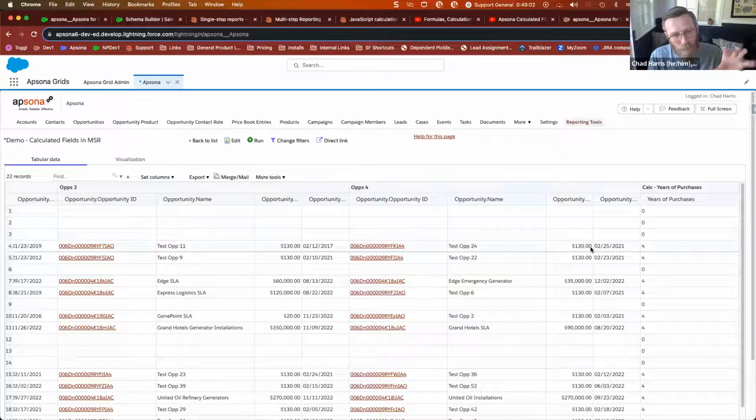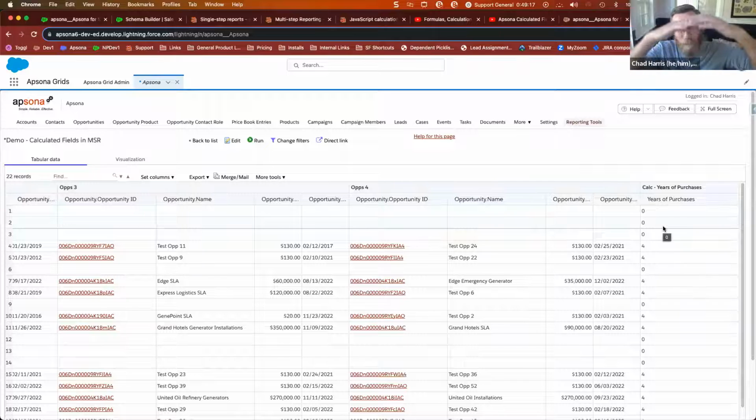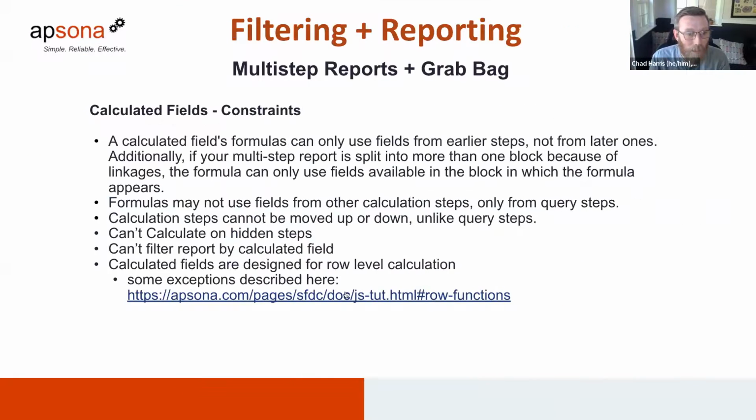So a cheat to be able to analyze multiple rows at a time is by displaying them in column blocks. But other than that, I'll give you one other exception in a second. In general, you can't do calculations on a whole column level assessment. They're designed to be row level calculations. The exception I'll describe, I will also put into the chat, is